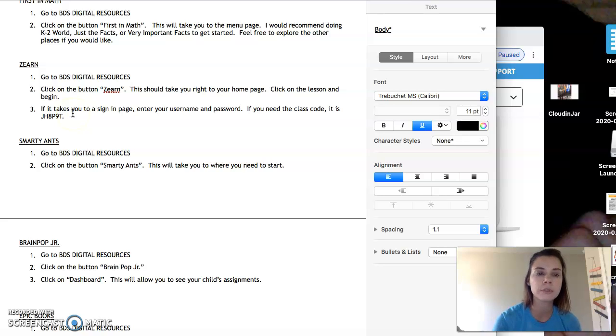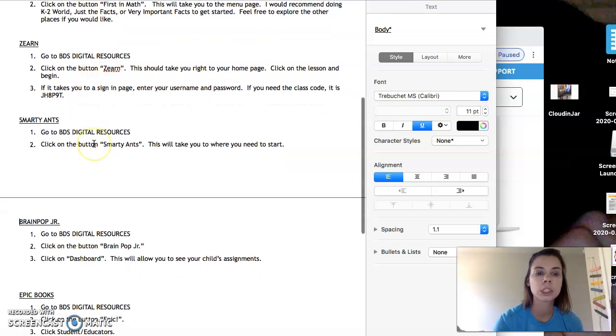Now, that may look a little different if you are working from an iPad versus working from a computer. If you're working from an iPad or from a computer, regardless, it is easiest to access the apps if you first go to the Bay District Schools Launchpad, okay? You can find that via the Bay District Schools page, or I can send you the link if you need that. But you should be able to get to Launchpad, and then once you're on Launchpad, you will go into the folder titled Digital Resources,